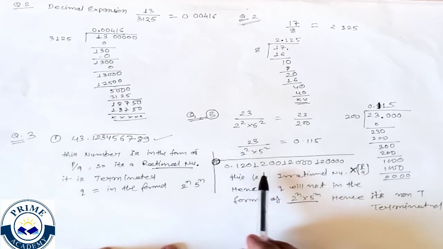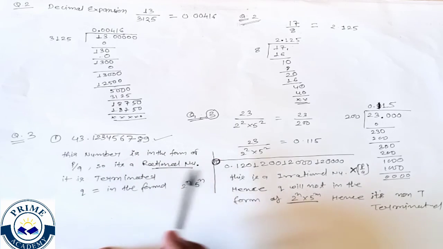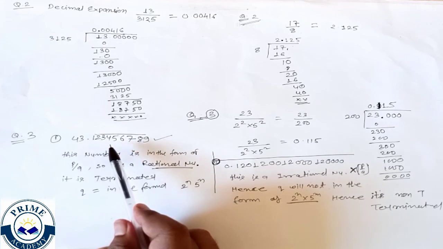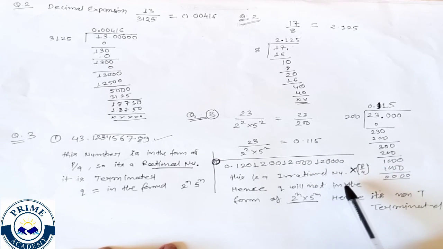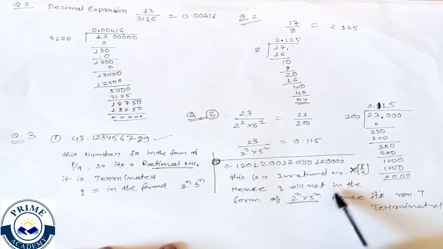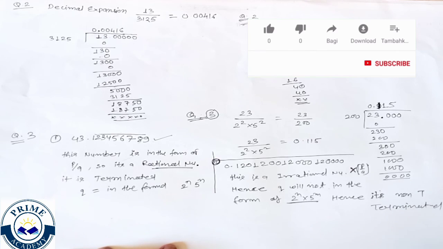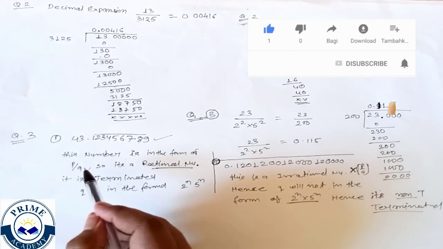So these kinds of problems generally ask you to check whether a number is terminating or not terminating. This is a rational number and this is terminating, right? This is not a rational number, so this will be not terminated. An irrational number will be not terminated. Simple, right? Those irrational numbers which are not recurring, then definitely q will not be in the form of this. If q is not in the form, it will be non-terminated. Irrational number not terminated, rational number terminated.